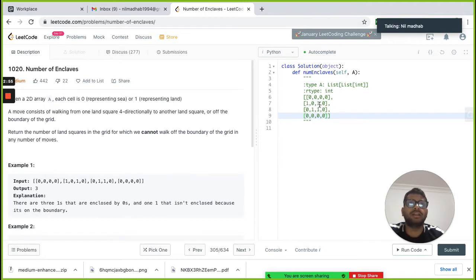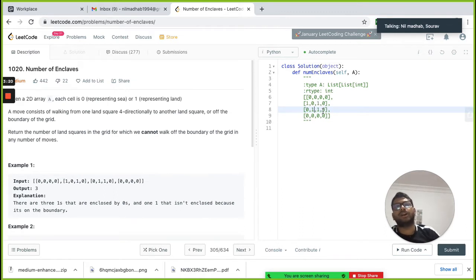Yes. Like here we have 1 and we have 4, right? Like here we have this one which is already on the boundary. So these 3 are not, we cannot reach the boundary from these.